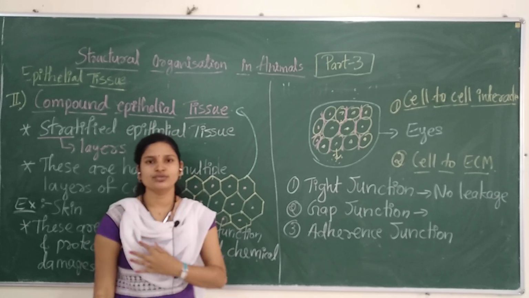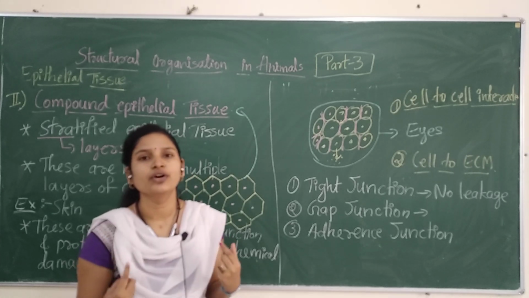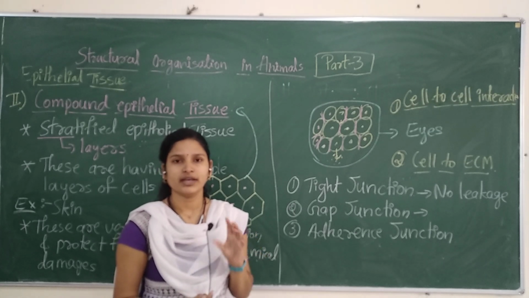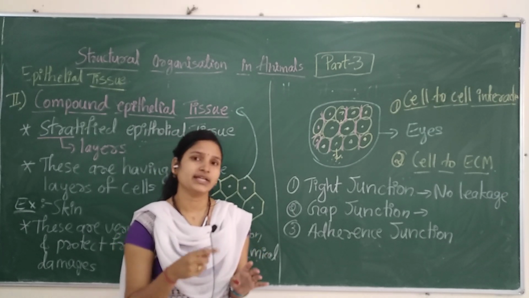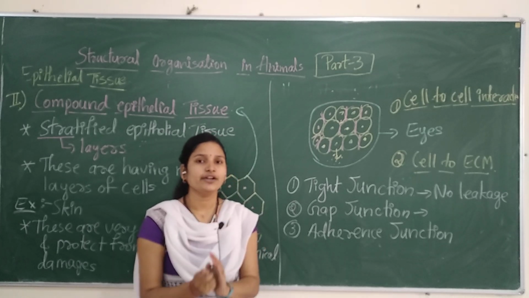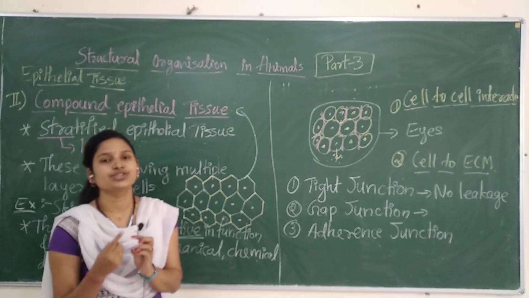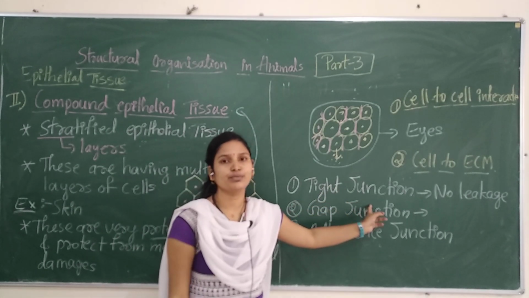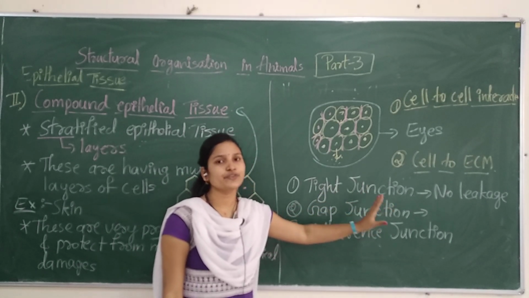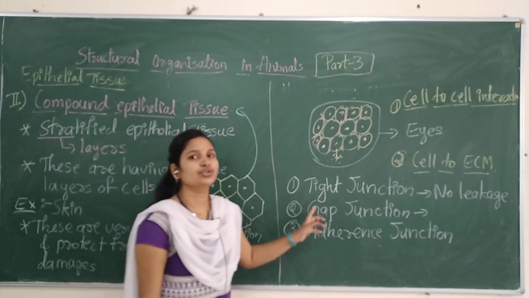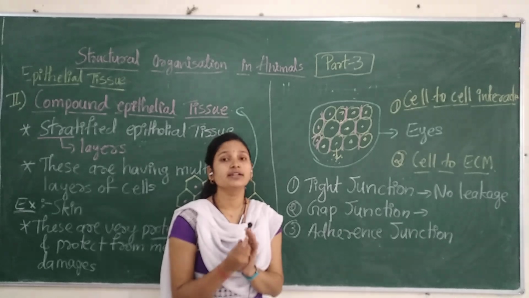There will be leakage, no? Whatever you eat will go into the other parts of your body, like respiration, everything. If it goes, it will damage the tissue. So the tight junctions are going to protect from that kind of damage. These specialized cells or special interactions are present where there should not be